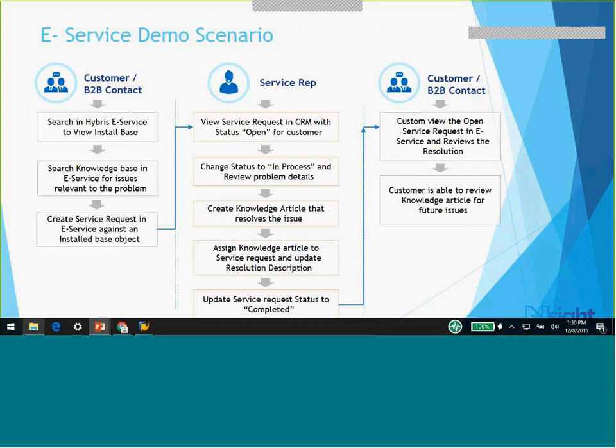The e-service demo. This is basically a dialogue between a B2B customer contact and a service rep. So this scenario assumes that you have a CRM running and the Hybris B2B web portal is in place. And it enables setting up the service between the two. So to walk you through the system, I'm just going to narrate it here. A B2B customer contact logs into the service and support homepage in Hybris, and takes a look at the install base,